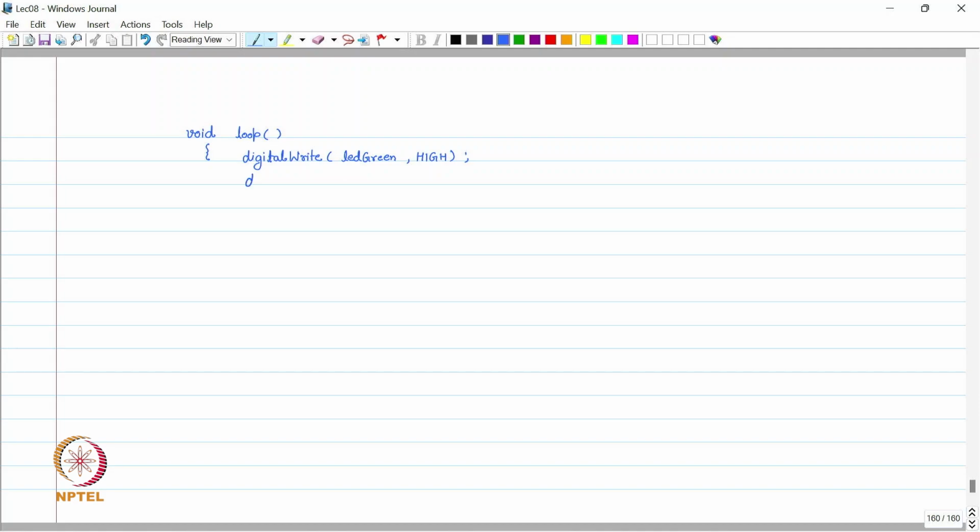Then we put a delay of 5000 milliseconds, it means 5 seconds. Then we write digital write LED green low